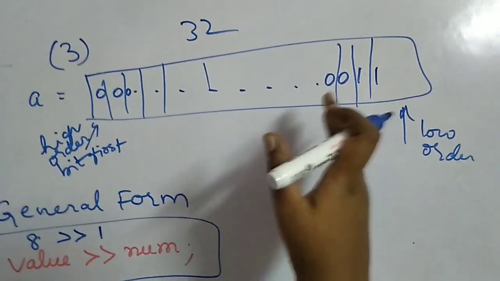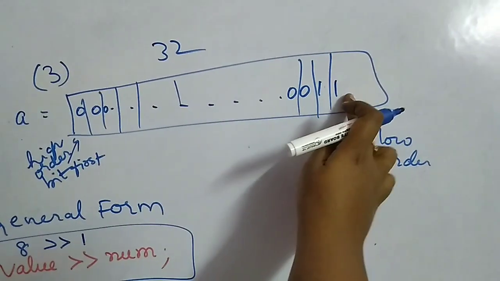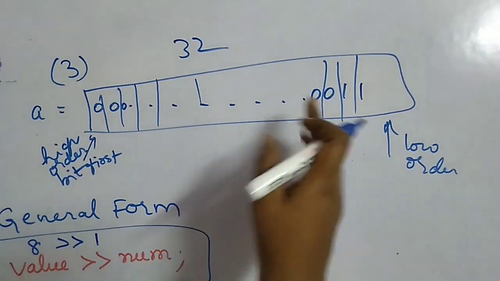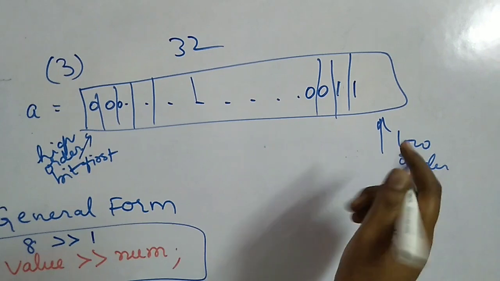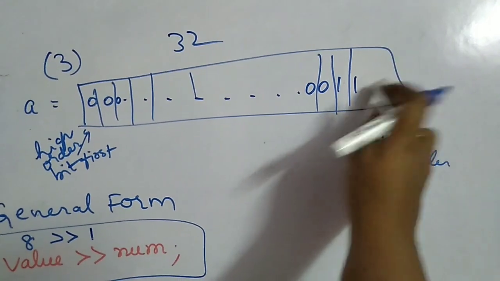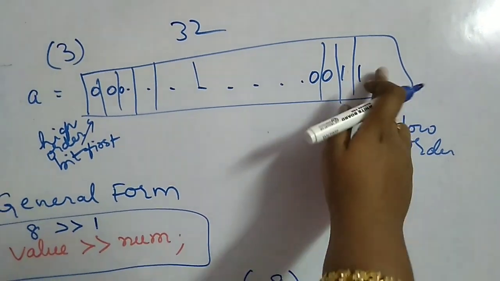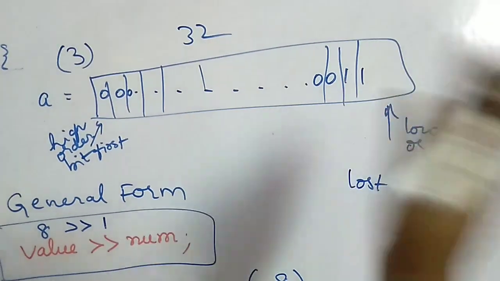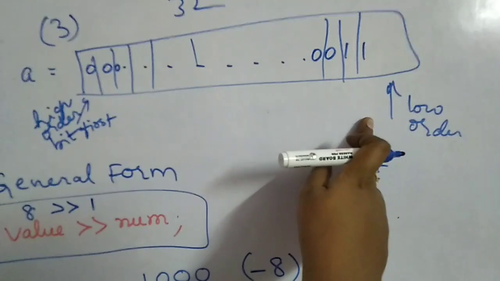Whenever we shift the bits one onto the right, this 1 will be shifted here, this 1 will come in this position, this 0 will come into this position, this 0 will come into this position. One shifting of one cell onto the right will happen. So this bit will get lost. When it is shifted, there is no place because this is the last bit. When a bit is shifted off the lower order end, it is lost. So this happens on the right side.